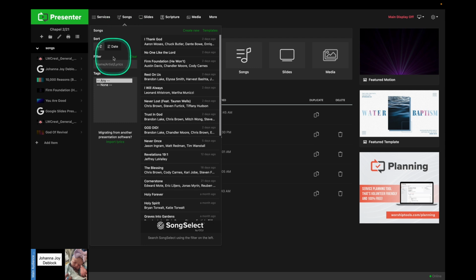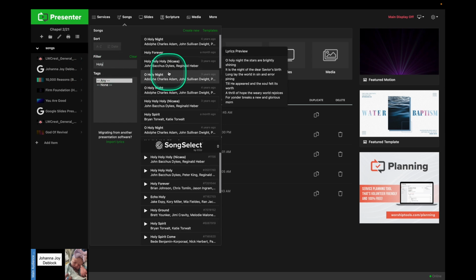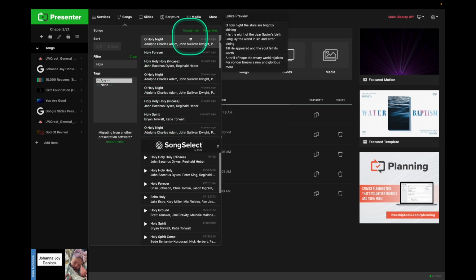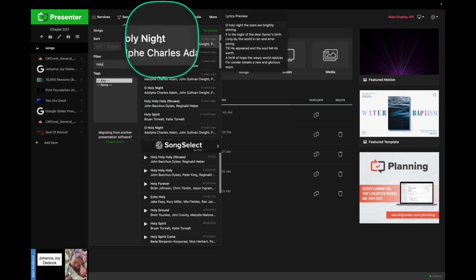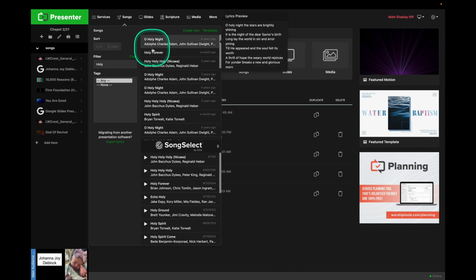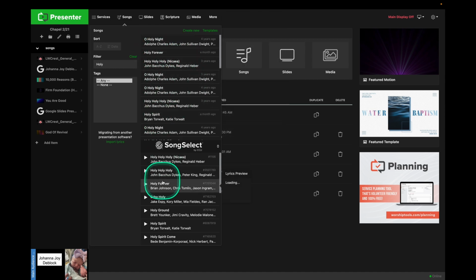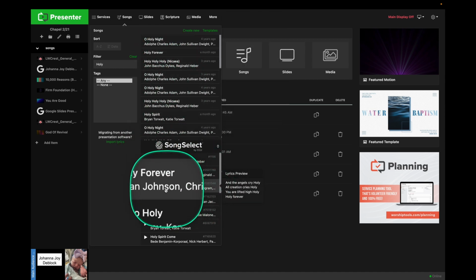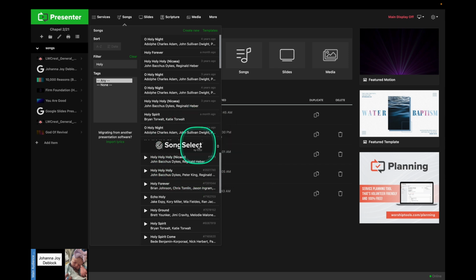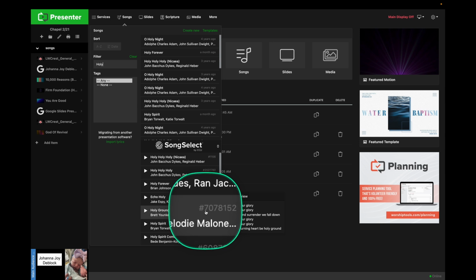We're going to click here and we can do the same sort of thing where we can type in "holy," let's say, in the filter, and all the songs that have "holy" in them are going to be there. Now you're going to look in this area up here, which has all the songs in our library, but in this area down here, these are CCLI songs, Song Select songs. It's pulling it in. Also, you'll notice this number. I don't know if you can see it real well. This one says number